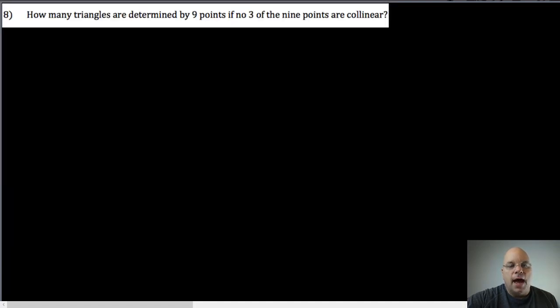Problem number 8. How many triangles are determined by 9 points if no 3 of the 9 points are collinear? Collinear means on the same line. So if I just start putting points down, it's really hard. With 5 points, of course any 2 that you choose are collinear, but there are no 3 on the same line. These 3 are close to being on the same line. But as you start to add more and more points, it becomes really difficult to make sure no 3 are